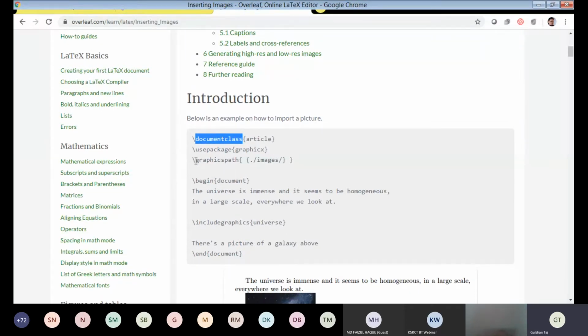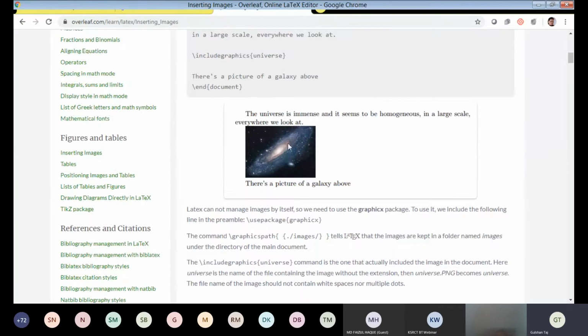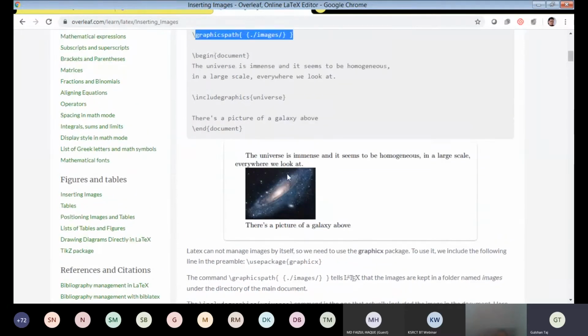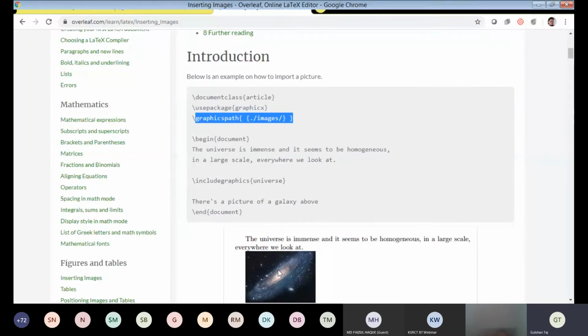Can you see here there is one option where they are inserting the image, that is graphics path images. Once you do this, whatever image you have on your desktop or in your folder will be inserted in your journal paper. Unless you change the document, this image will not move here and there.